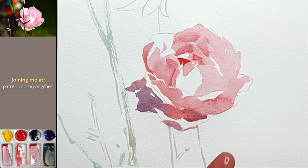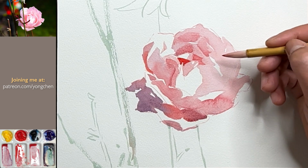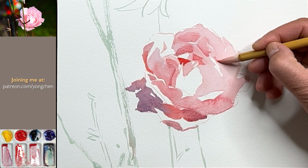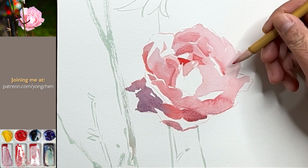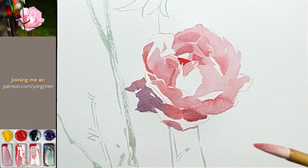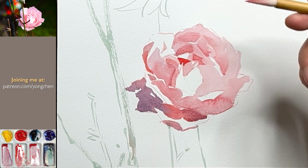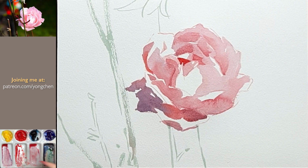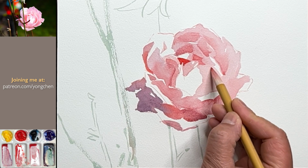Now I'm gonna show you actually with this brush. I'm gonna just put a little color. Okay, this is a little bit red, tiny, only on the tip of this brush. So I'm gonna do it like this, put it down like this, and because there is quite a bit of shape at the top over here, it actually does the blending for you naturally, like that. Pretty good. And I'm gonna put the dark color over here too. See that? That's right